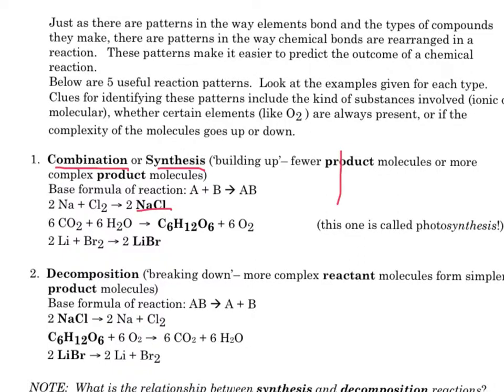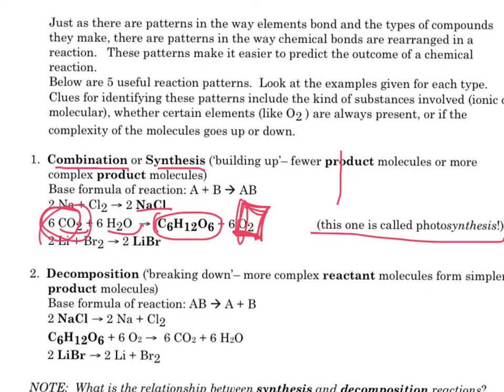on your sheet. The other example is the photosynthesis example. You have carbon dioxide and water will make a sugar, and oxygen. This is very important to us because plants do this and we breathe this in, we breathe this out. So basically plants are doing the opposite of breathing that we do, but they also make yummy sugar while they